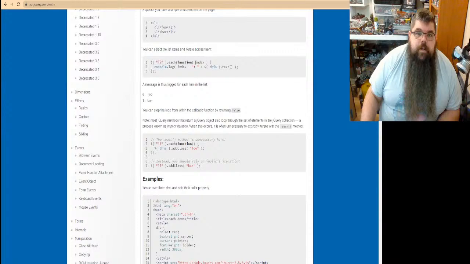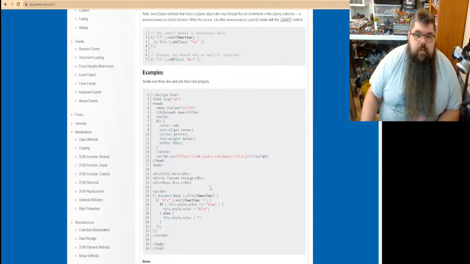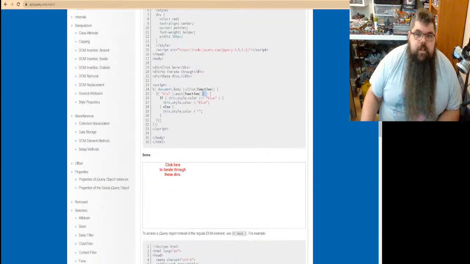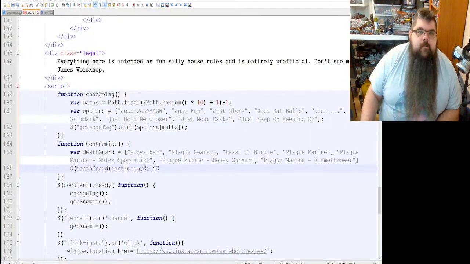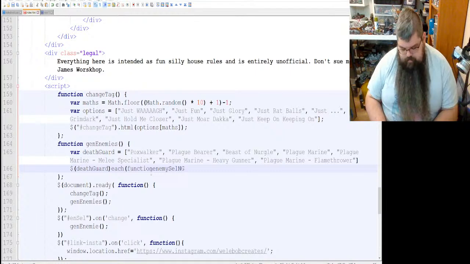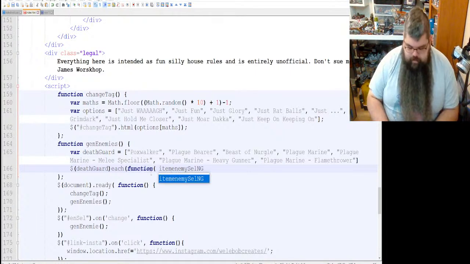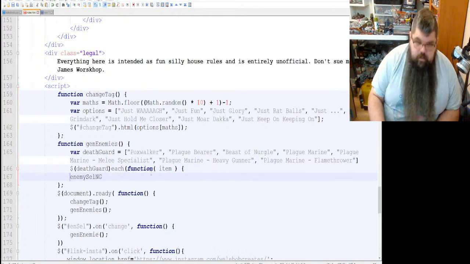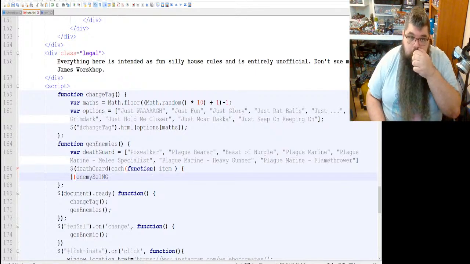Okay, each function index. Can I call it each function index item? Yeah, each function I right there. Okay. So each function item like that, and then inside that is the bound function. Cool.